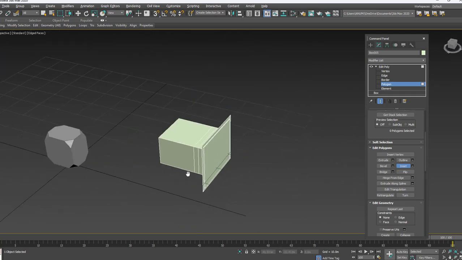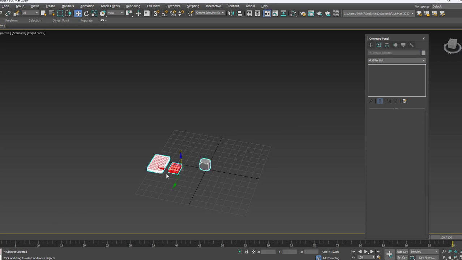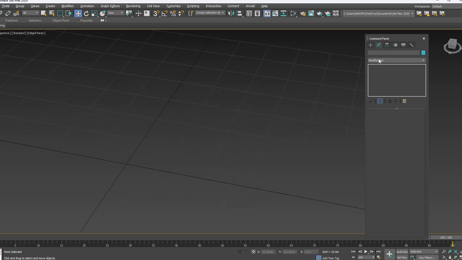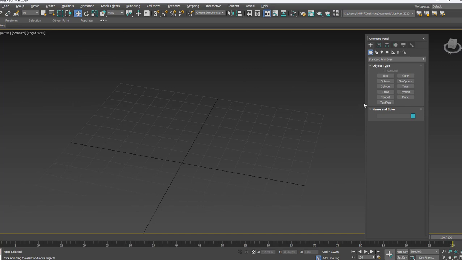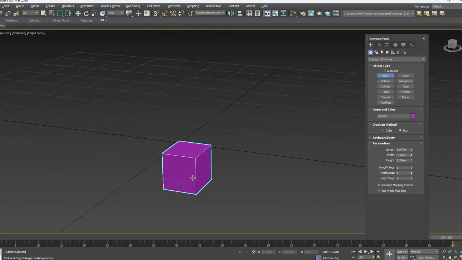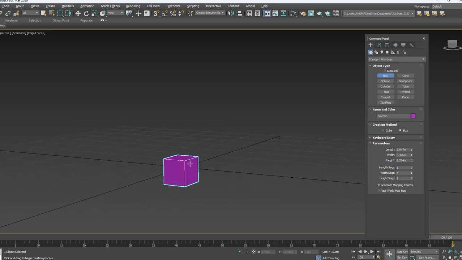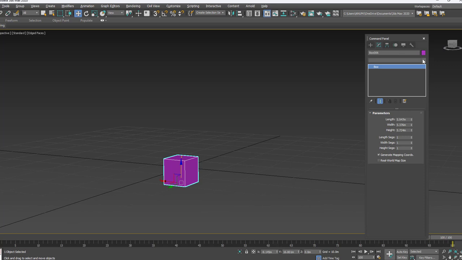Next one we have is a bridge. For that I go with one more square or rectangle. Come out from this running command. Select all and delete. Box. By using this box, how you can create the chair, let's see. For that, modifier list, edit poly.